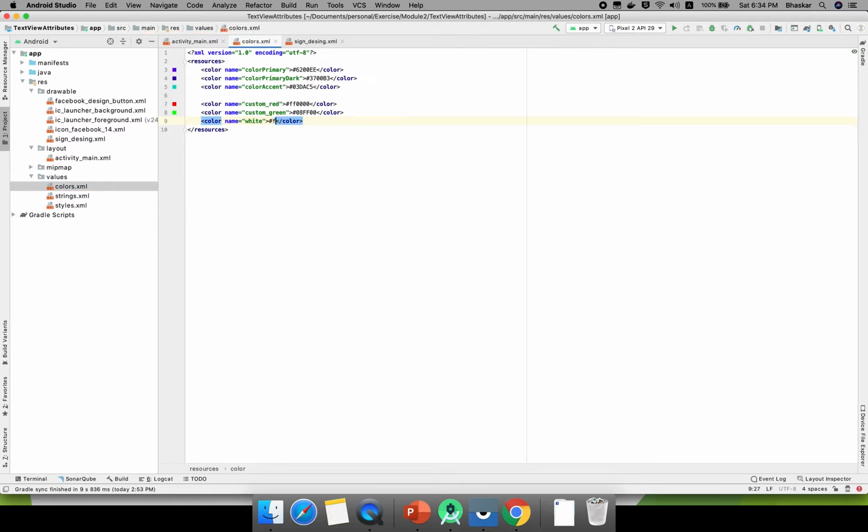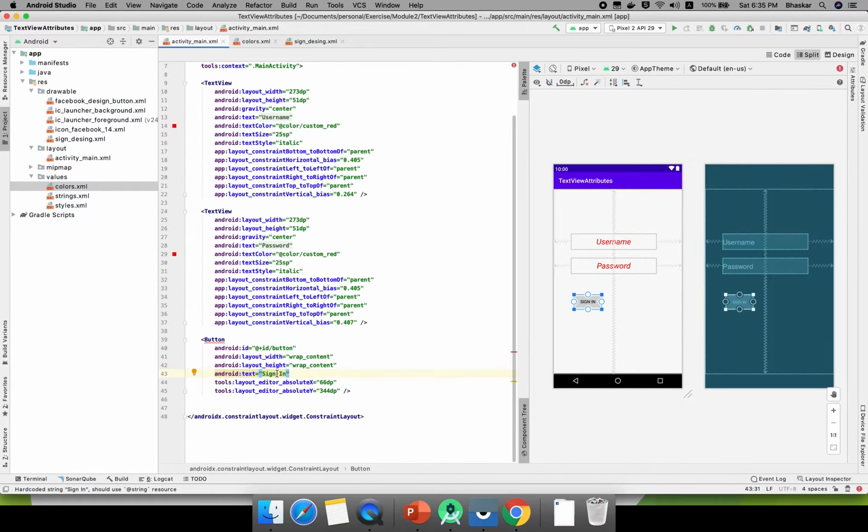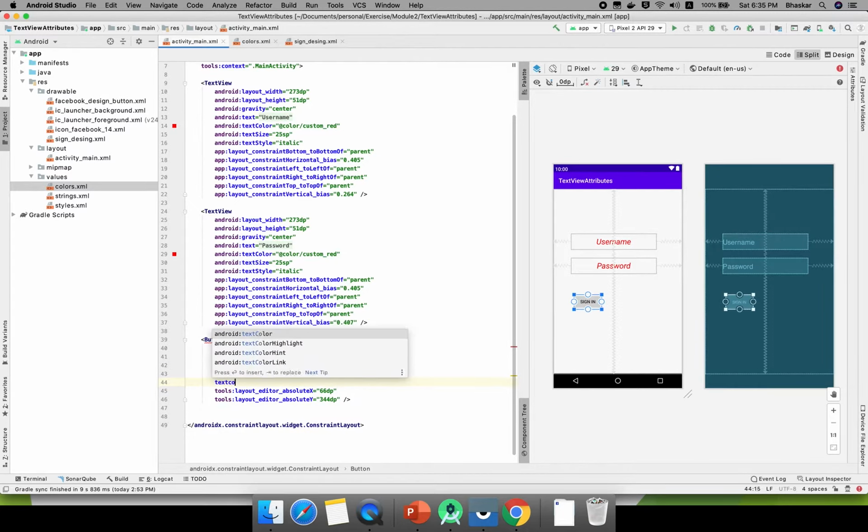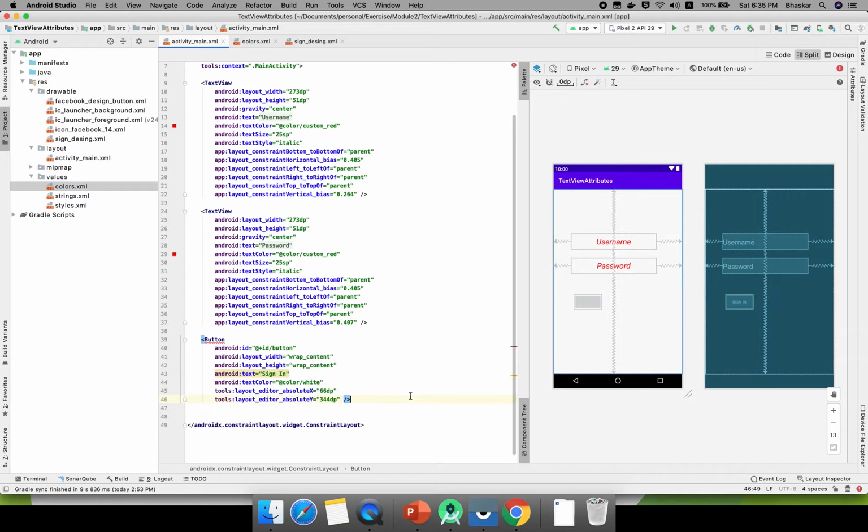If you give six Fs, it will be a white color. This is a white color, so you can use this attribute in your activity_main. How do you define it? Text color. You need to define your color attribute. This is white. Now it won't display; I will explain that after this point.